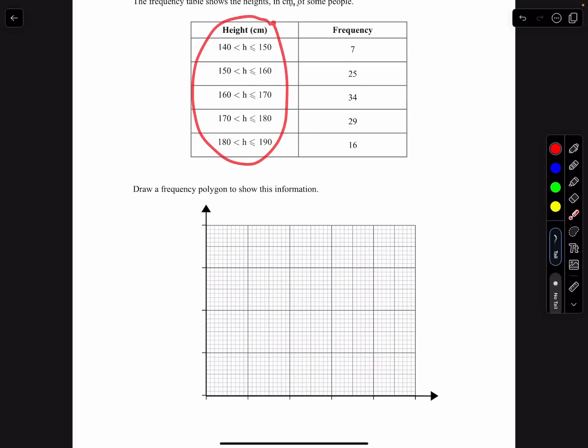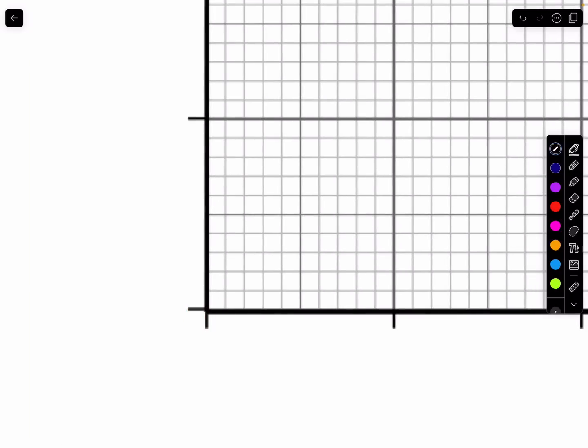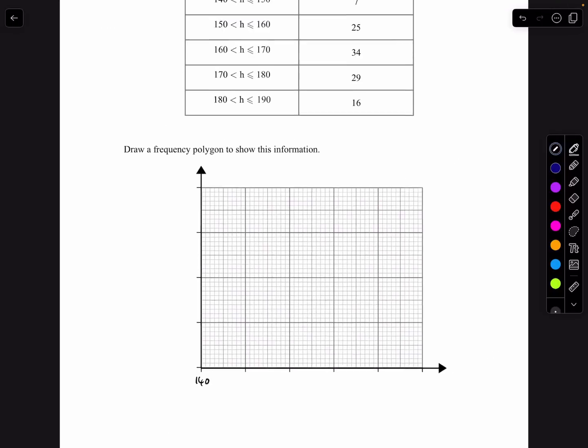So on the x-axis, this will go in, so 140 to 190, and we have to find a way to break it up. All right, so I'm looking at maybe tens. Let's see if that works. And you can start on 140, by the way. All right, you don't have to start on 0 here, because something that students often ask me. Sometimes you may see this little line, like that thing, and then you start on 140, but you're good to go. That's why can you see there's two little things here as well, okay? But if you're not comfortable with that, then just write a 0 and then do that dot and then start on 140 or something like that, okay? But I'm going to start on 140 right there, and I said I'm going to go up in tens all the way up to